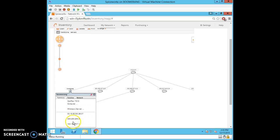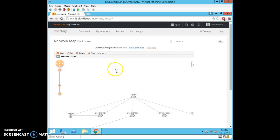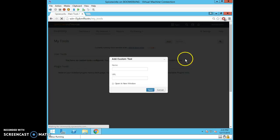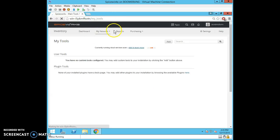what the subnet is, and then the IP, and then this is the name of the VM that I'm using, and it shows what's on there, and then what this computer is connected to. And this one's showing specifically Boomerang, and you have tools to mess with. You have to download some. I don't really have any downloaded, but you can add different tools that you can download from their website,